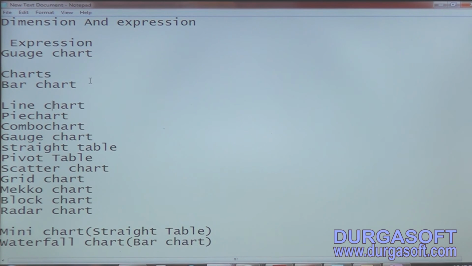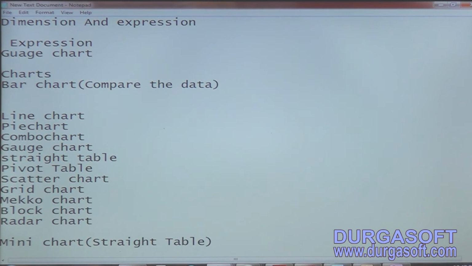Suppose bar chart: whenever you want to compare data, comparison purpose. Suppose you are showing 5 years of data and you want to compare how the data is from current year to previous year and other years like that. For comparison purposes we normally use the bar chart. So how many dimensions and how many expressions can you use? You can use maximum 2 dimensions with